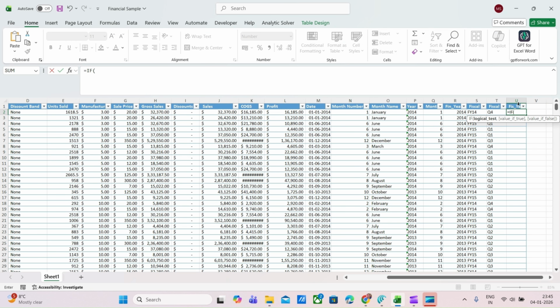So the formula is equal to if month, date column E2 is greater equal to 4, then financial year, month, right, year, this plus 1 comma 2